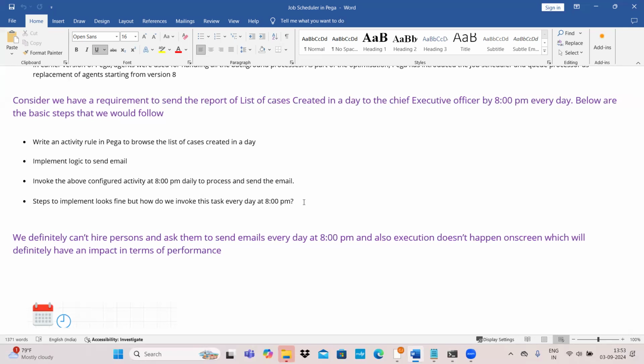And this notification to the CEO of the company can be done in two ways. One is a manual way, one is an automated way. But before entering into discussion of what is this manual way and what is this automated way, I would like